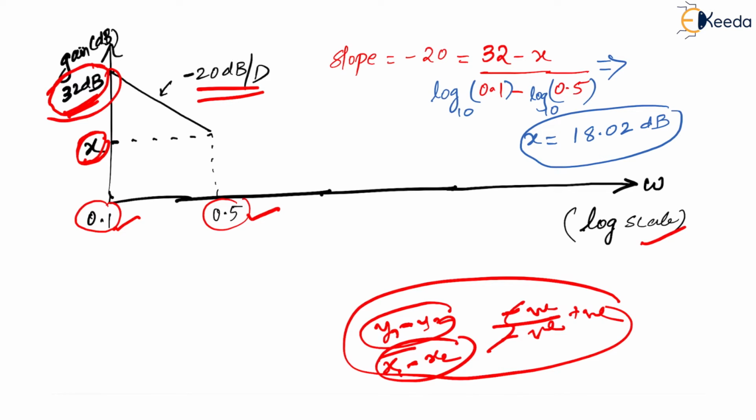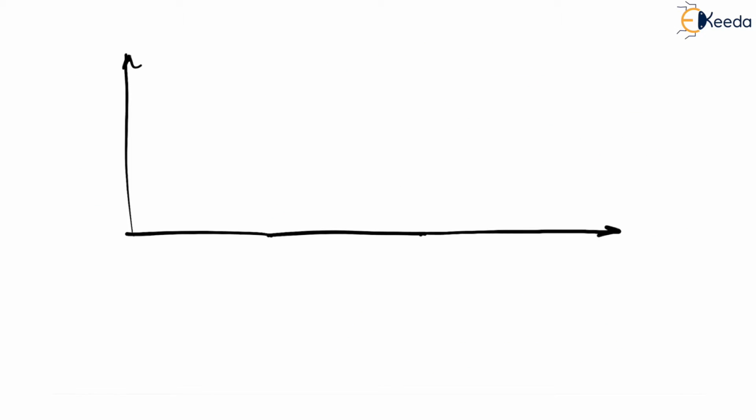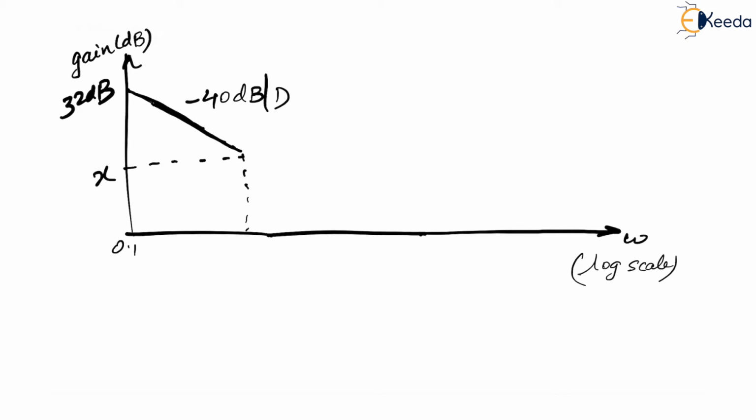This question is done. Let us try to understand slope for another question. Let us take something more. Yes. So here also again I am expected to find this x. Okay. How do I do that? Do I know the slope? Yes. Do I know one point? Yes. Do you know the frequencies? Yes, which means it can be solved easily. So if you think of slope, slope is how much? 40 dB, which is equal to what? Yes, y2 minus y1 upon x2 minus x1.